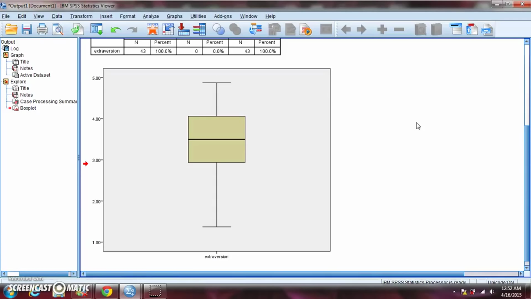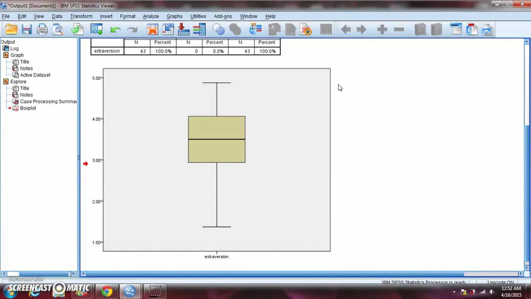So using the histogram, using the box plot, two different ways to achieve the same goal, visualizing our data, getting a good sense of what it looks like. Similarly to the histogram, if we had an outlier, the box plot would pick that up. The way that it shows it, you actually sometimes will have a dot that is not connected to the rest of the box plot, and that depicts that you have a score that is very extreme in relation to the other scores. So this is another way to pick up on those outliers. So that is how you do histograms and box plots.